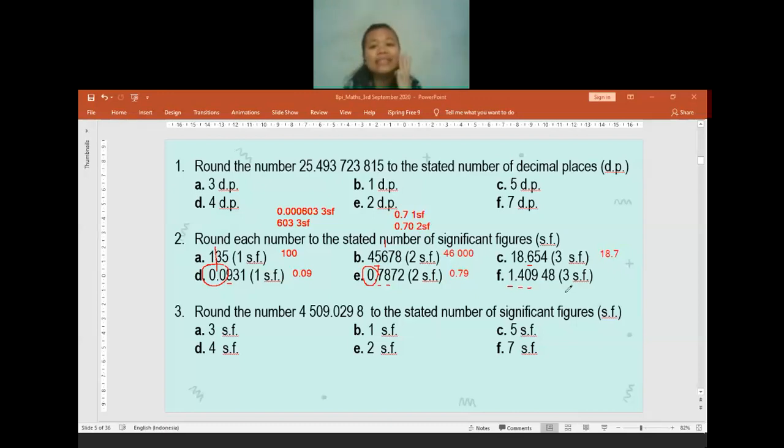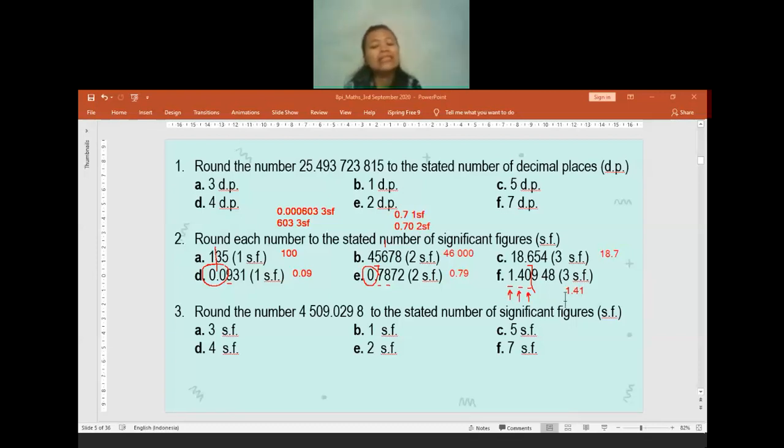So later, if we want to round off the number correct to 3 significant figures, you have to find the third significant digit. The 1 is the first significant digit. 4 is the second significant digit. 0 is the third significant digit. So we check the next number after 0. The next number after 0 is 9. So it means the 0 has to go up by 1. Because when the number to the right of the chosen digit is 5 or bigger, the chosen digit has to be increased by 1. That's why the final answer for question 2F will be 1.41.